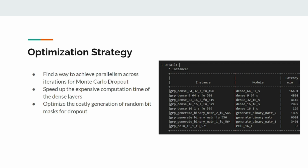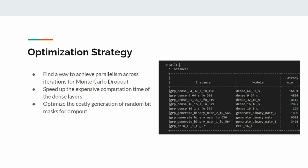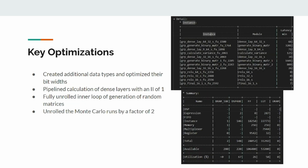This was something that was only really done once and not iterated through with the Monte Carlo dropout, but was still expensive, and we wanted to find a way to optimize that as well. And to jump into the actual optimizations that we were able to make, we can see on the right the figures that we definitely made a lot of improvements and still stay well within the area constraints, which was great since we wouldn't have any weird outcomes on the FPGA due to being too close